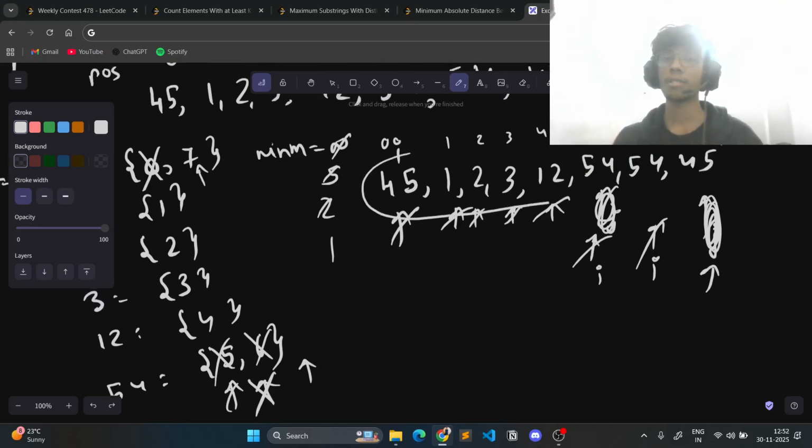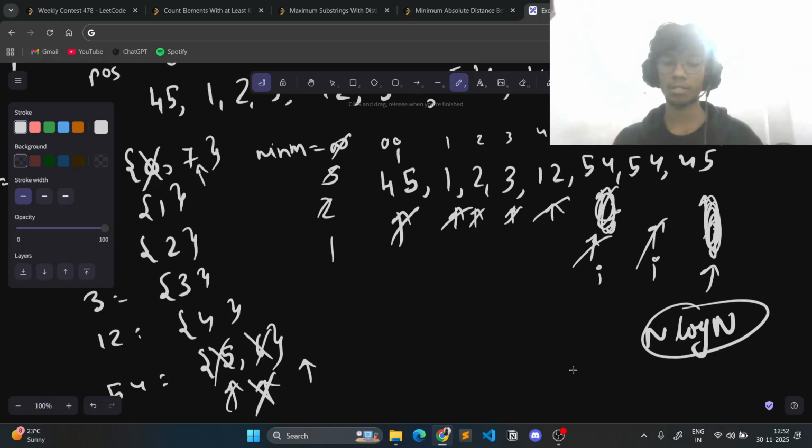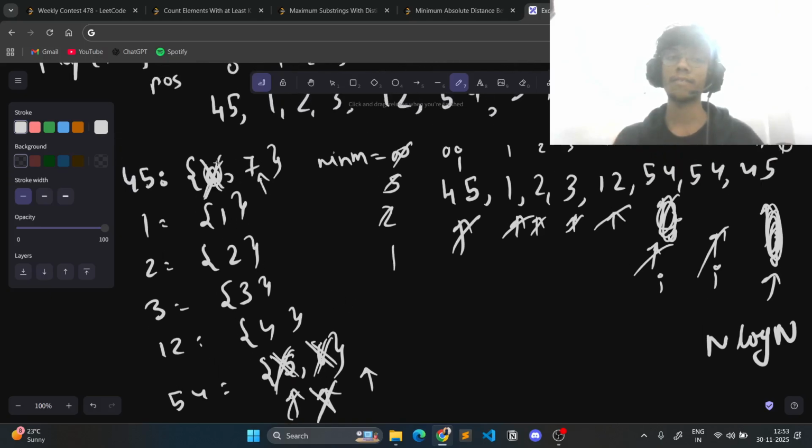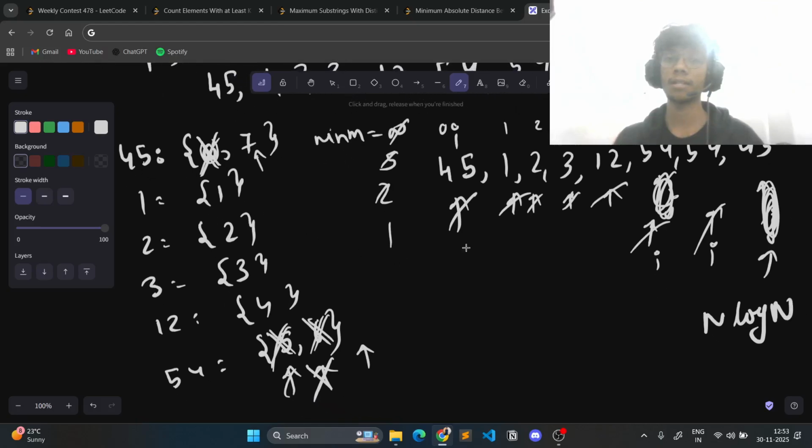I'm iterating over all the elements, then I'm iterating over the set. So this is basically n log n. The time complexity is n log n, nothing more than that, right? Because essentially I'm iterating over the indices, and then I'm removing it, right? So I'm not taking this 0 permanently here, or taking this 5 6 permanently here. So I do not need to check from the starting again and again whether this exists or not. I've taken this, I've removed this from the set, and now this set becomes empty, right? This has nothing. And similarly 45, this 0 gets removed completely,